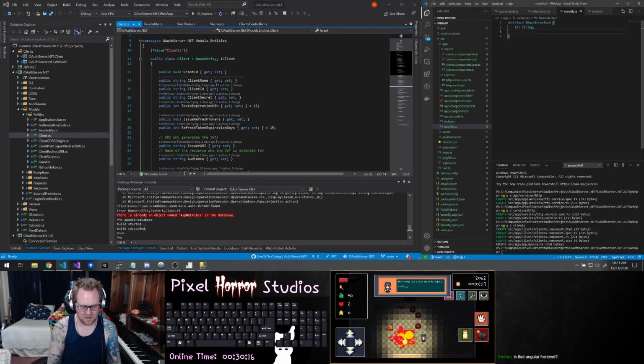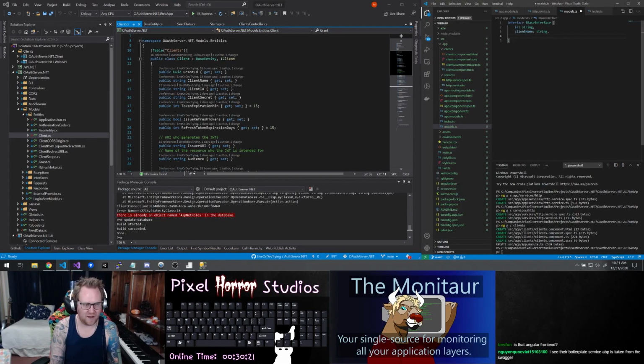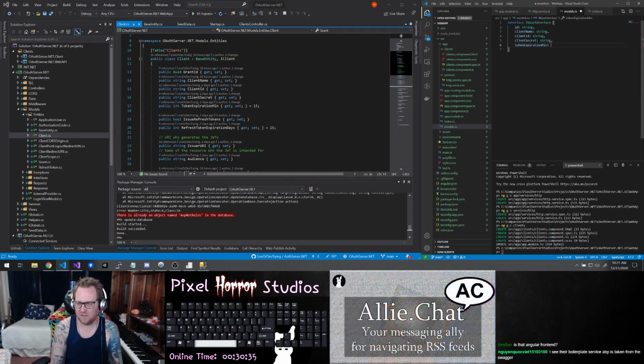We have a client name. We have a client ID, a client secret, a token expiration in minutes, an issue refresh tokens, a refresh token expiration in days,